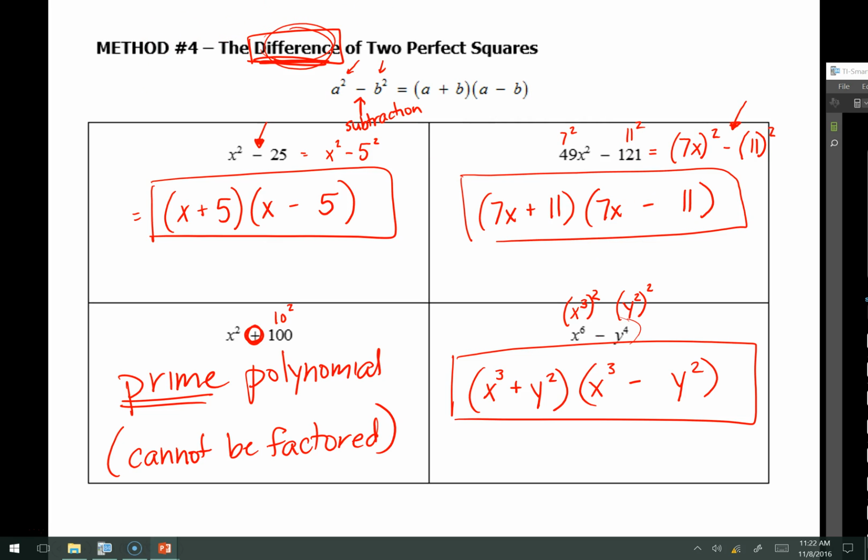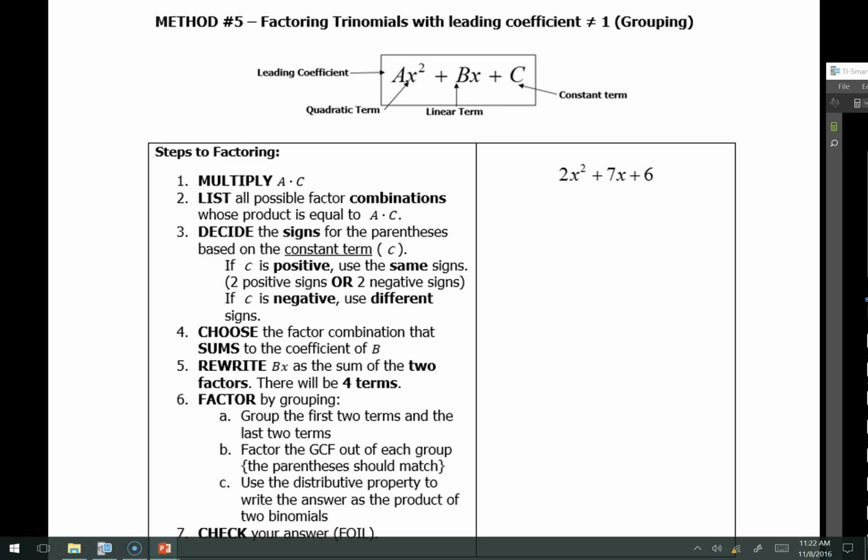Okay, we have one last method to look at today. This method is for when you're factoring trinomials where the leading coefficient, meaning that number out in the very front with the highest exponent term, is not equal to 1. You are also going to hear this method called factoring by grouping. That's the term I'm going to probably end up using most often in class when we talk about this. So know that when we factor by grouping, I'm talking about factoring most often when the lead coefficient is not